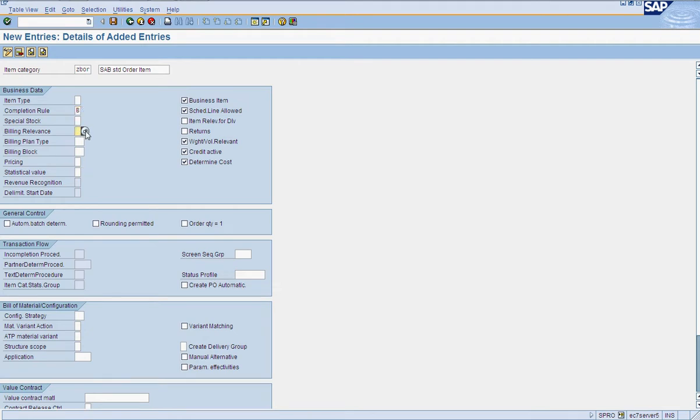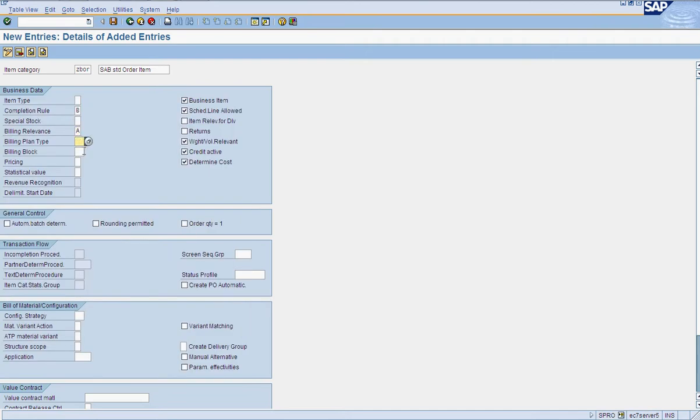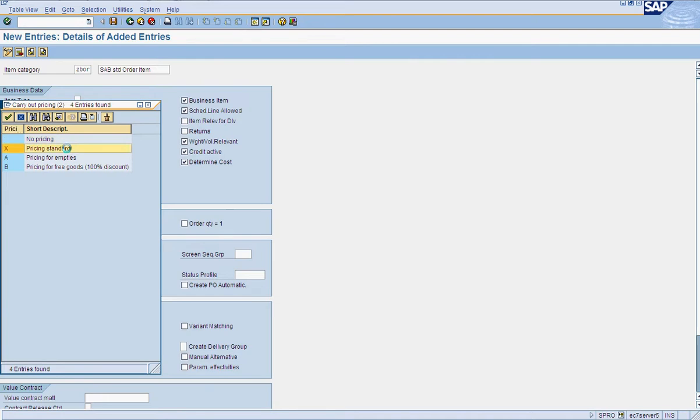Do you want to have billing relevance? Yes. Delivery related billing. Do you want to have billing block? No. Whether it's pricing relevant? Yes.